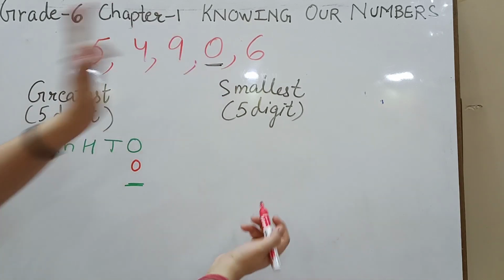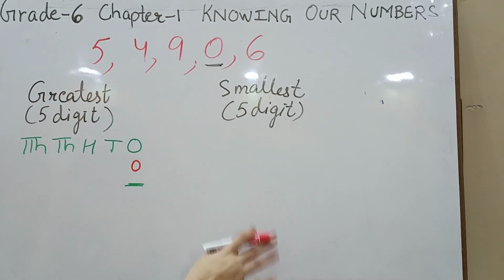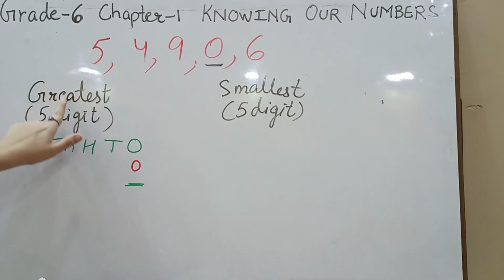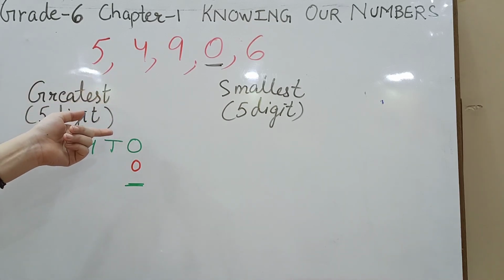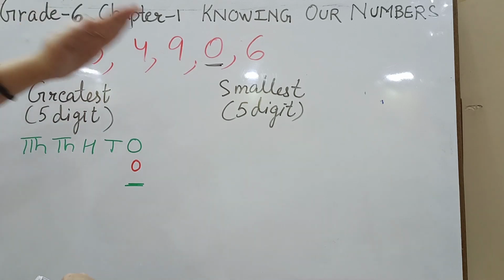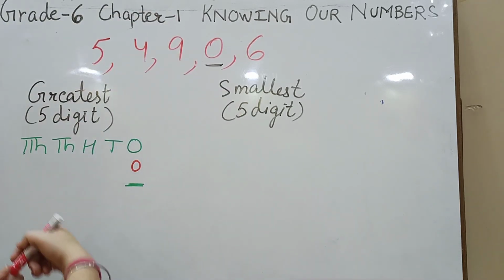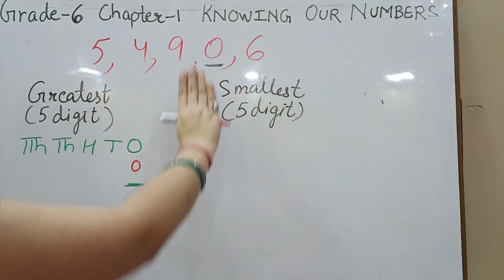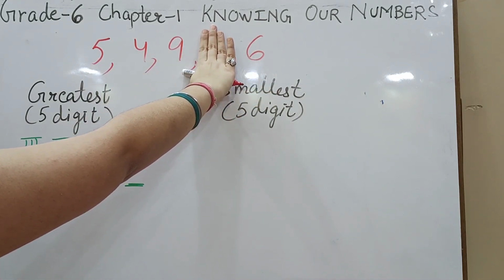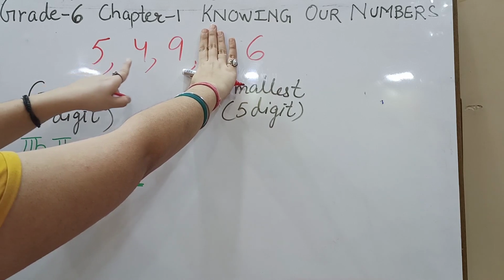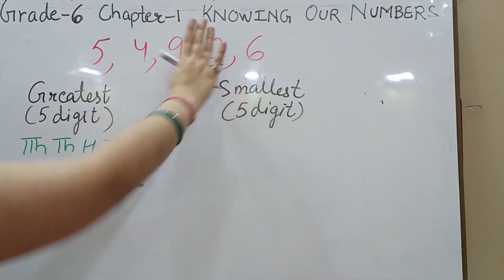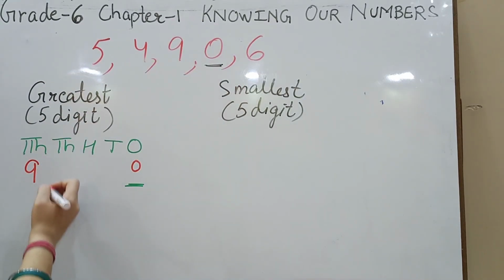Now you can arrange the other numbers as you wish, wherever you want to. Now let us place the other numbers. How we are going to place the other numbers? I told you for greatest we need to follow which order? We need to follow the order of descending, coming from top to bottom. So which is the number which is the greatest? Since we have fixed 0, we are only left with 4 numbers: 5, 4, 9, 6. So the greatest one is 9.